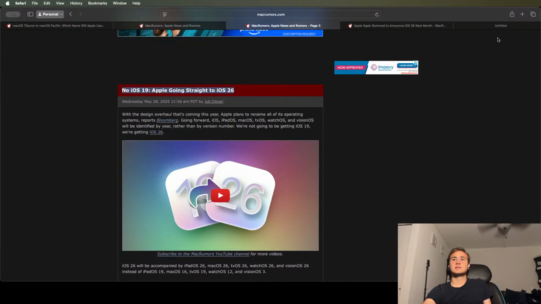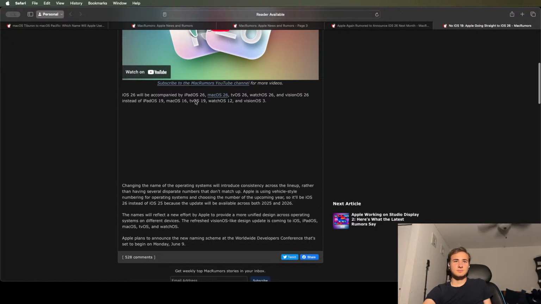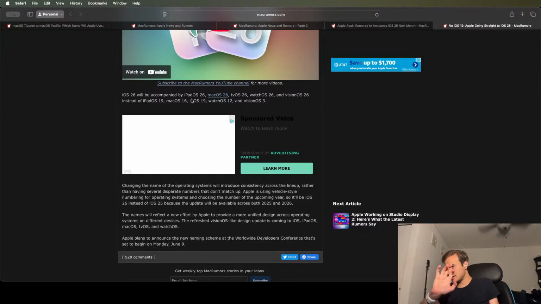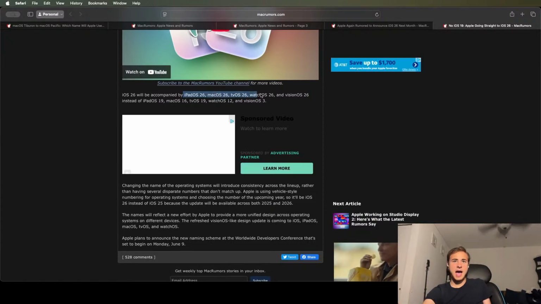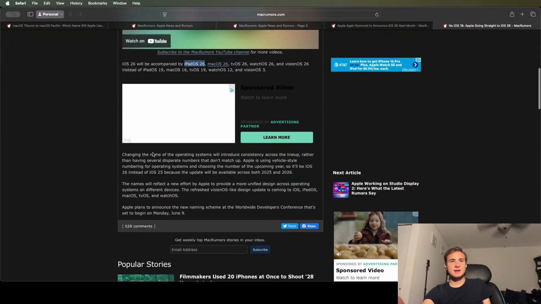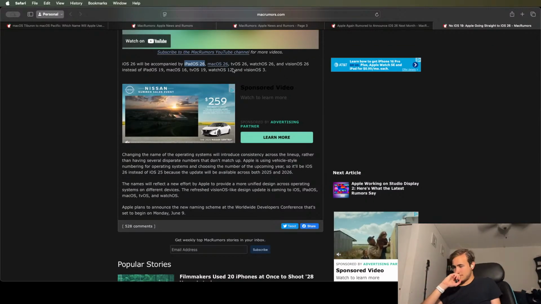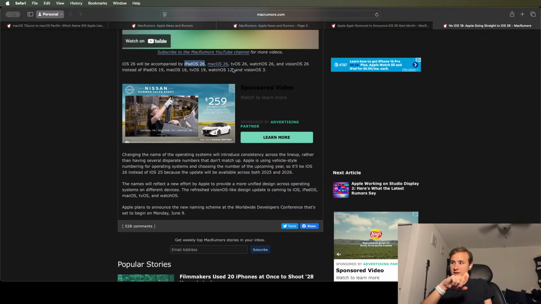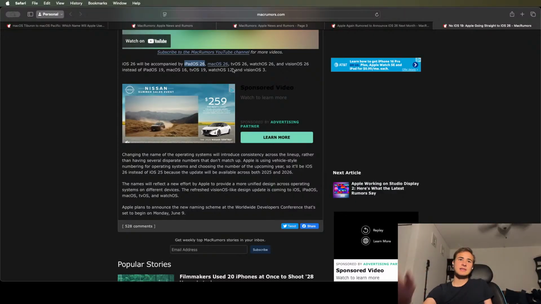Alright, here it is. So, potentially, I have a weird theory that Apple developers could have just gotten an email saying the next name is going to be iPadOS 25 with iOS 25. Next name is going to be iPhone OS 25. It's just a weird theory that I've been thinking about for a while.